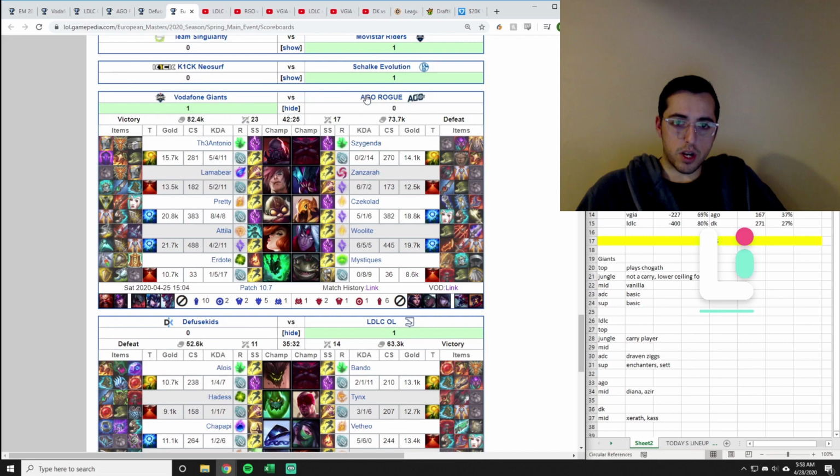Then we have Vodafone Giants against AGO Rogue. Sion versus Ornn is fine. Sejuani versus Rek'Sai is fine. Corki Azir is fine. So this is a very basic draft. Vodafone Giants, another big kill score in a win, and also giving up a lot of kills. So even when Vodafone Giants wins,